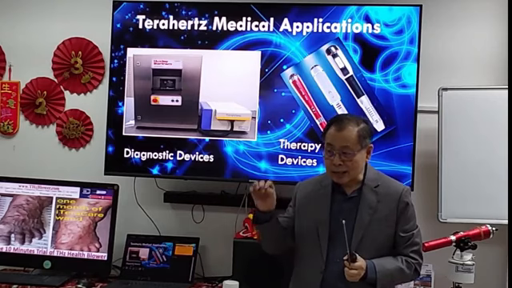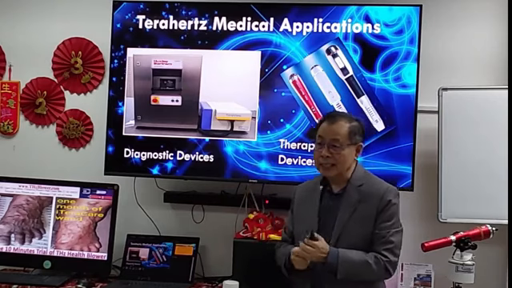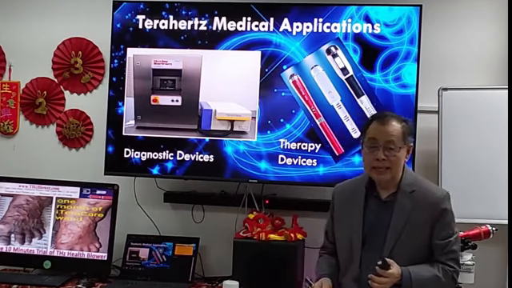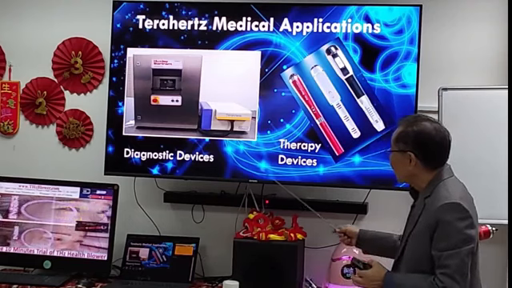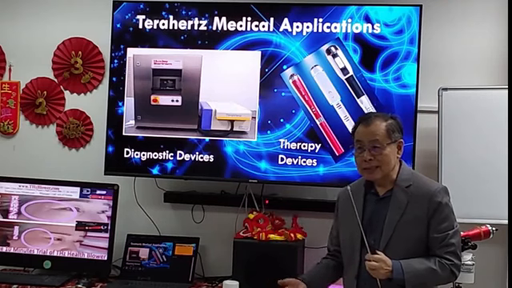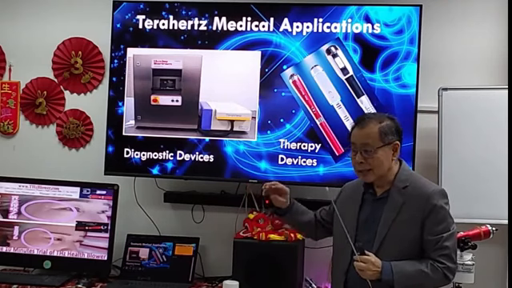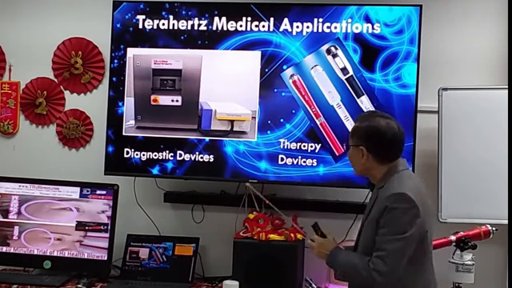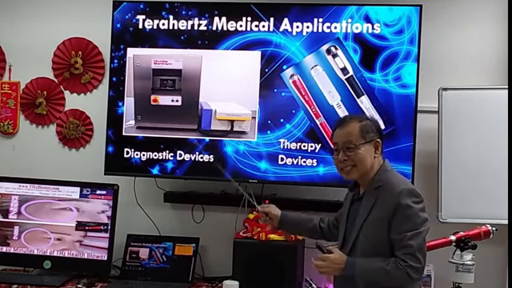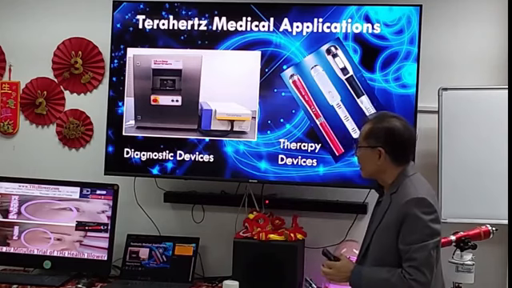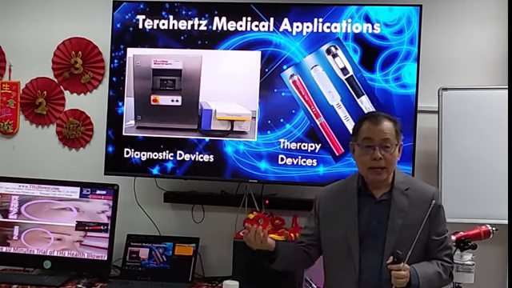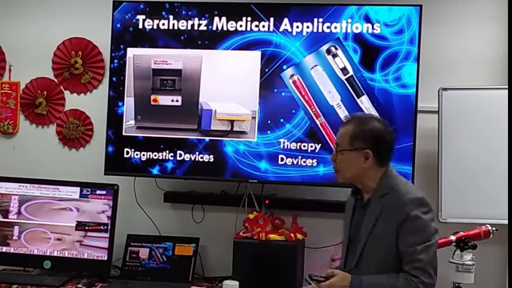If it can detect drought, it can detect pesticide, it can detect a lot of things in the human body. And that's why a lot of research has been done as far as this is concerned. In fact, it's better than a lot of the scans that you have, which are isotopic scans and all that. But I'm not going to talk about this because this is something that is quite in-depth. I'm going to talk about therapy devices which we all use to make ourselves feel better or improve the